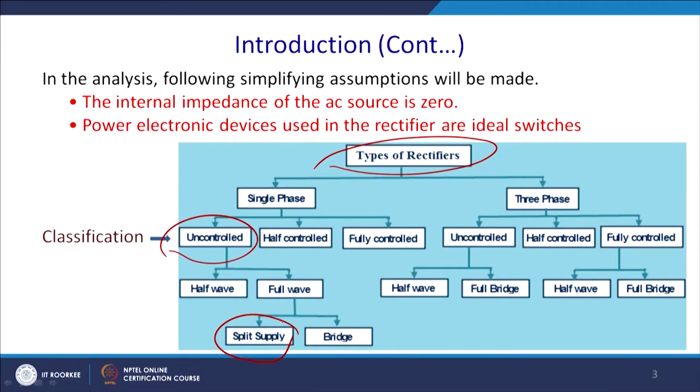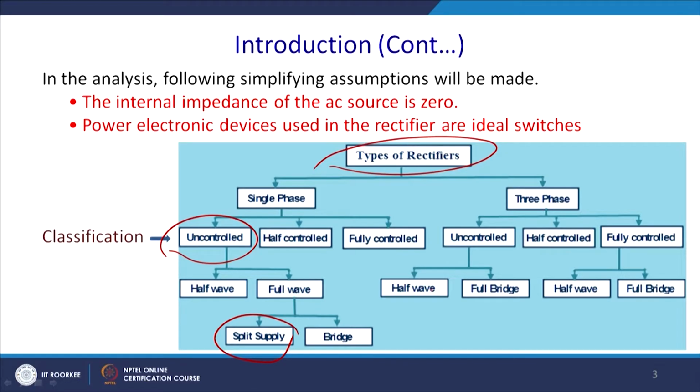Then we may have a half wave, where we require to buck down the voltage a lot. Then we have a full wave, where we have the total cycle. Then we have a different kind of supply, whether the midpoint of the transformer is available or not, that is also a matter of question. If it is available then we go for the split supply, otherwise we have a bridge kind of